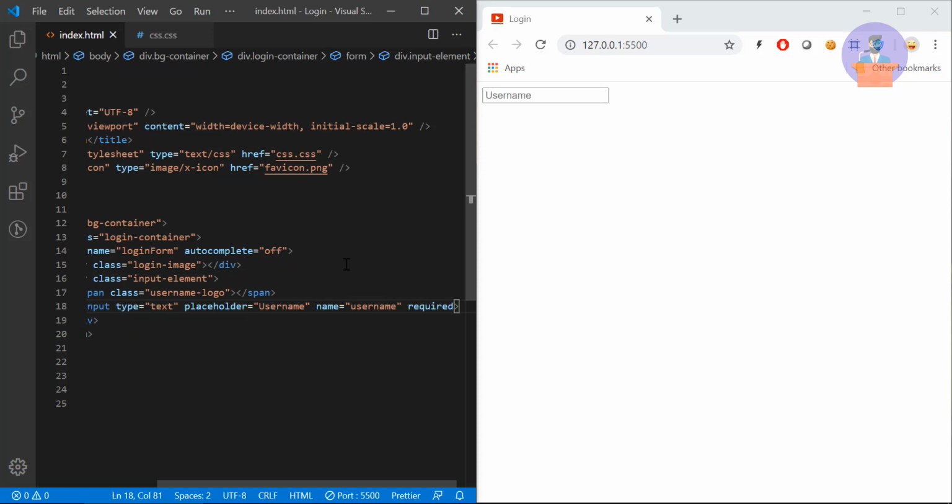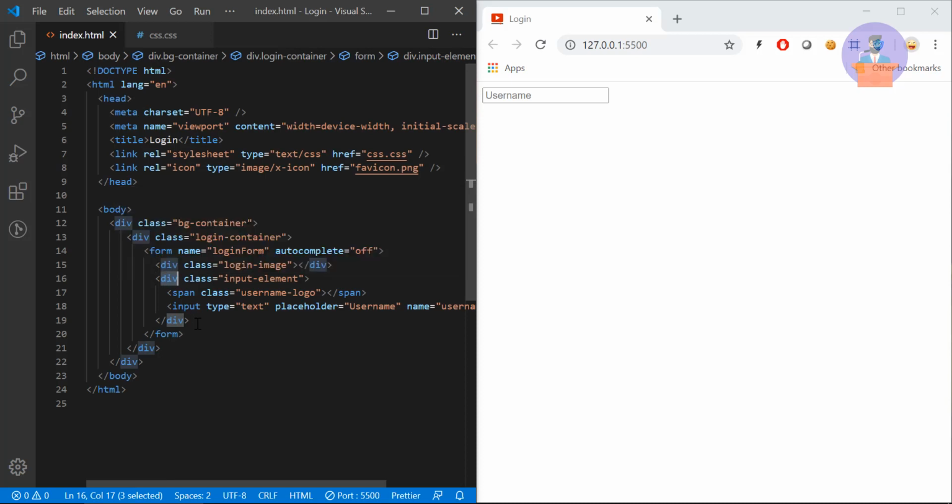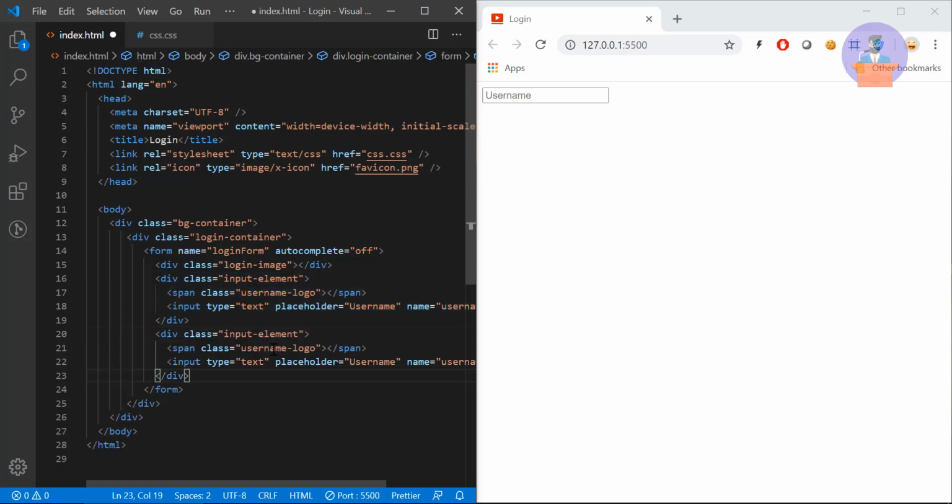Here you can see in the browser we have one input element which has a placeholder of username. I'm going to copy this entire input element div and paste it over here, and I will rename username to password.